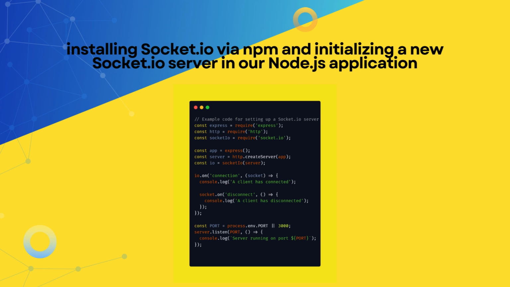JavaScript example code for setting up a Socket.io server: const express = require('express'); const http = require('http'); const socketio = require('socket.io'); const app = express(); const server = http.createServer(app); const io = socketio(server); io.on('connection', (socket) => { console.log('A client has connected'); socket.on('disconnect', () => { console.log('A client has disconnected'); }); }); const port = process.env.PORT || 3000; server.listen(port, () => { console.log(`Server running on port ${port}`); });